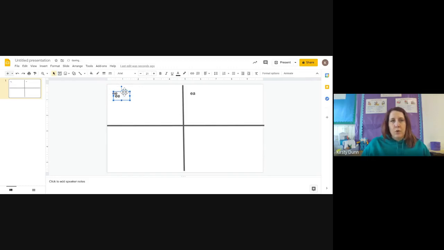So I'm using Control D to duplicate there, and another two phonics that we might be working on. Let's work on the U sound, and the duplicate button there again. And this time we're going to work on the